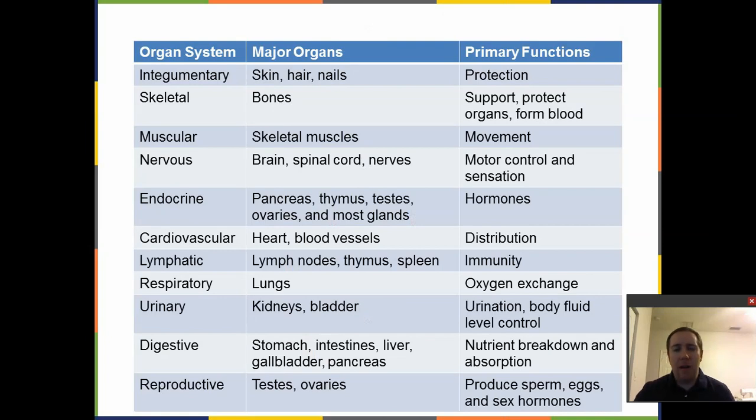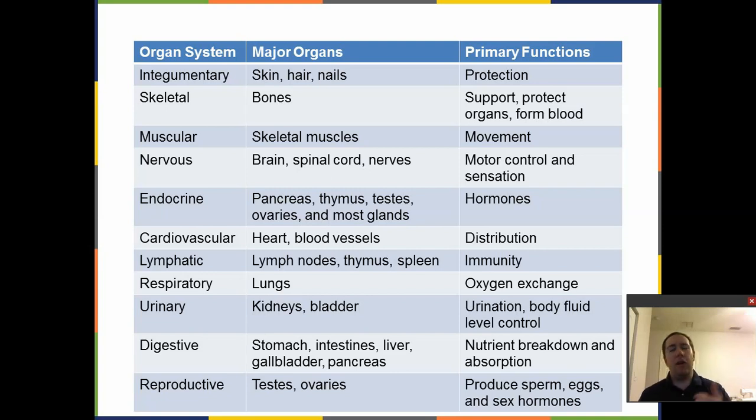This table, I'm not going to go through it. This is more for your study guide or whatever, however you want to use it. But it lists the different organ systems, says which organs are in which organ system and what the primary function is. For this lecture, I would suggest that you know what major organs are in the organ system and what the primary function of the organ systems are. The primary functions are easy. You already know most of them. For the major organs,